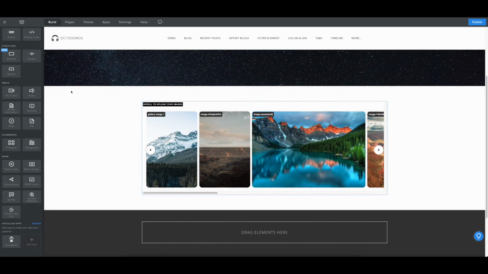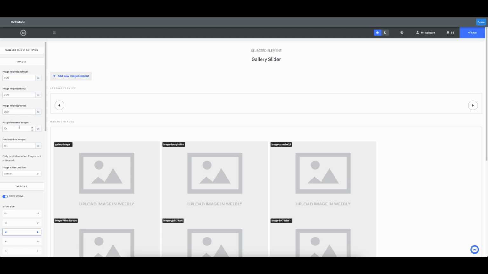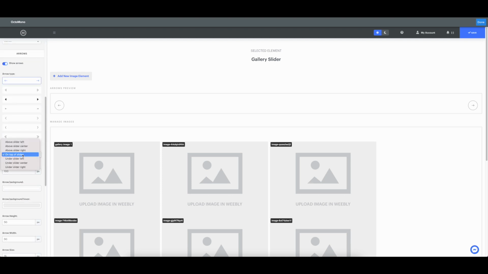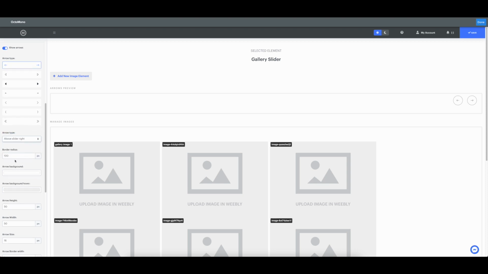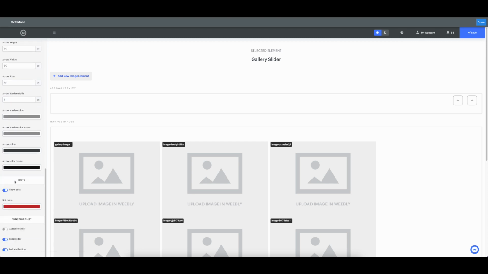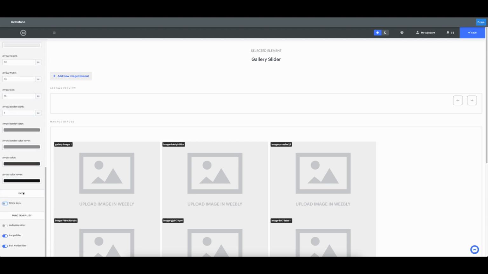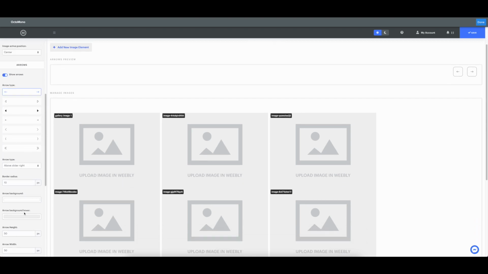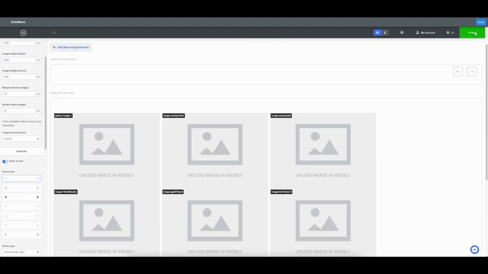Now let's make a small change as well, maybe in the arrows, just like that, and let's make them above the slider at the right, maybe. I want to remove that border radius. We're going to leave those colors for now, actually. I'm going to hide the dots. We're not going to be using those dots. And next thing I wanted to point out rather. So when we save,